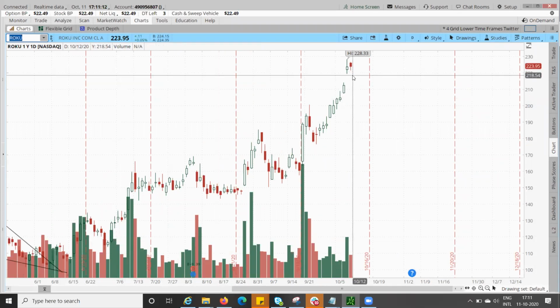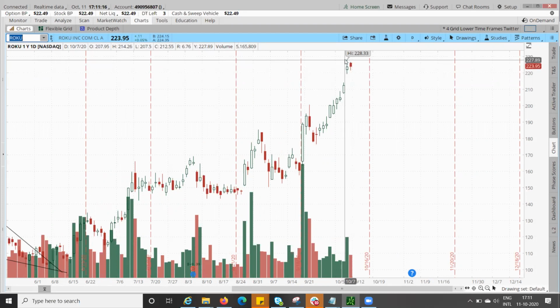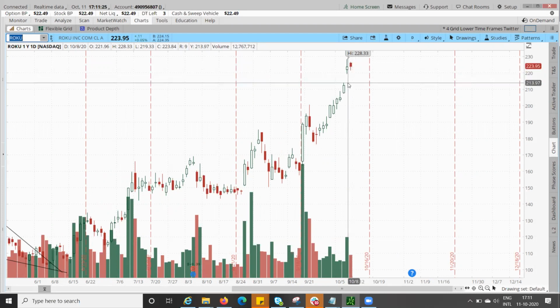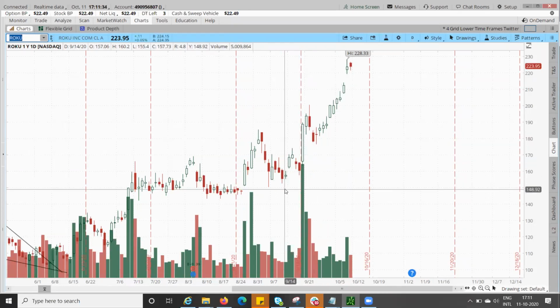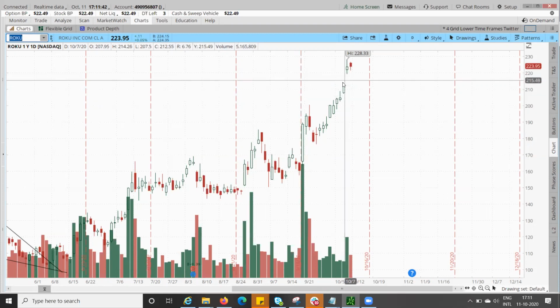See, this is Roku, right? This is an inside day. The volume has come. If it falls below 219, we are 100% going to fill this gap, which is of 230. There's a $6 gap here. Then there's hardly any gap. There's a gap here, 147 to 150, but that's like way too far. This is the gap which needs to be filled.